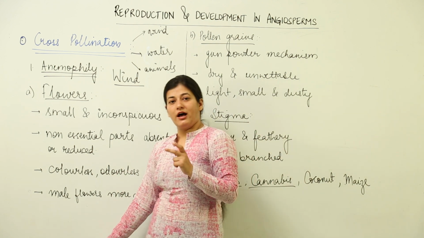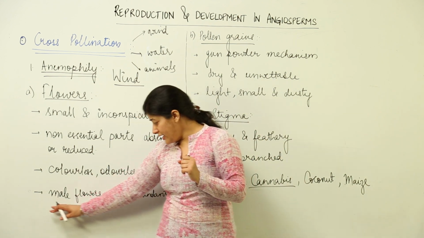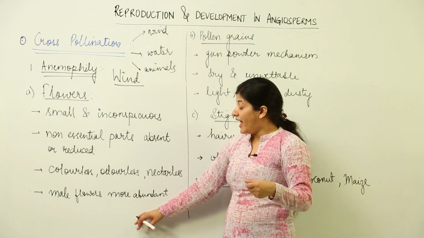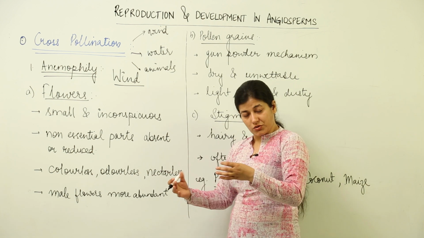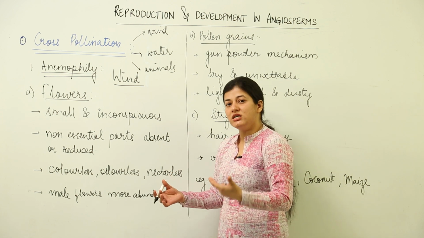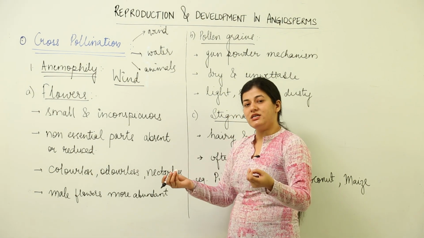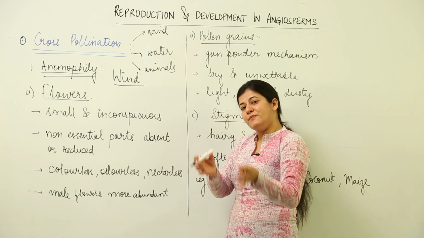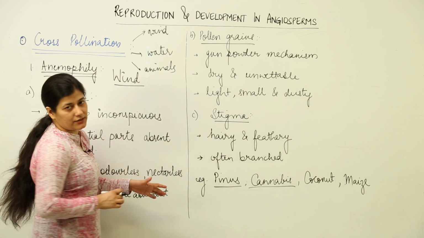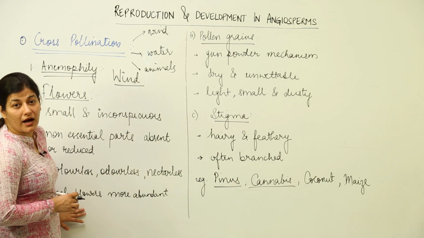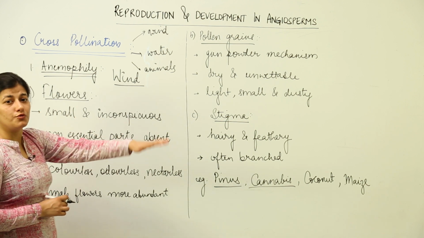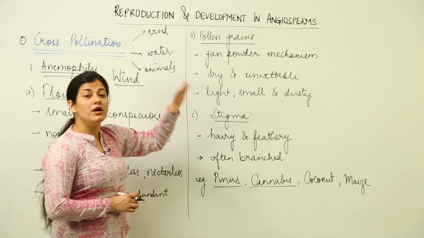So all the characteristics which are required for attracting an insect or an animal are almost absent. Now in case the flower is unisexual, male flowers are abundant, that means numerous male flowers would be present, and in case the flower is bisexual, that means male and female both are present in the same flower, the preference would again be towards the male parts. That means there would be many more stamens present in comparison to the female part, the carpels. Then inside this more abundant male part, that is the anther, pollen grains are formed, and because it is the pollen which has to be carried away by the wind to the stigma,